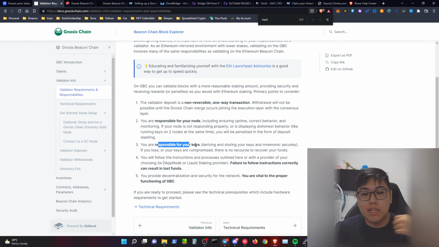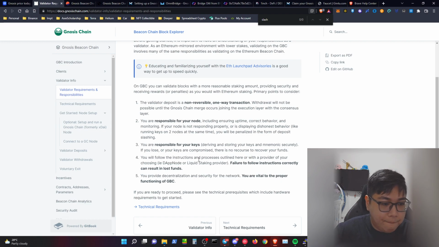If they've sent you the key, and once you downloaded the key, you accidentally lose the key, and after that you accidentally send it to somebody else. Once the claiming period itself is available, you think, okay, so I can claim now, so where's my key? Holy shit man, I lost the key. So that's it man, you can't get back your keys, and your Gnosis node itself is running and you're wasting electricity. So always ensure that your key itself is well protected in a thumb drive, or maybe a cold storage. Yeah, basically a thumb drive is a cold storage. So just plug it in, and make sure the thumb drive is not damaged or whatsoever. Put it in the safe, and over here you can see that this is basically what you need to know about running the Gnosis validator node.